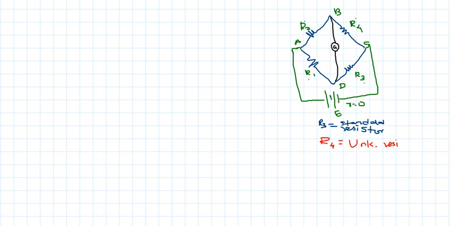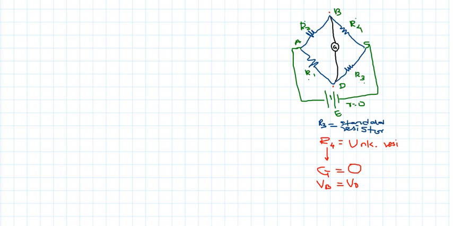That is by adjusting R4 in such a way that the galvanometer shows us a zero deflection. How should R4 value be set? We have to get the galvanometer current as 0. When the galvanometer current becomes 0, we can understand that the potential at B and the potential at D will become equal. That is, the potential difference between B and D is equal.